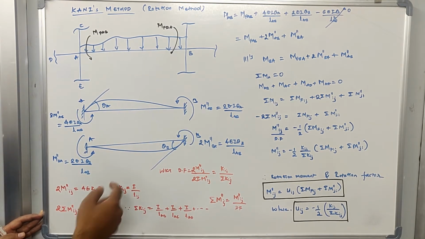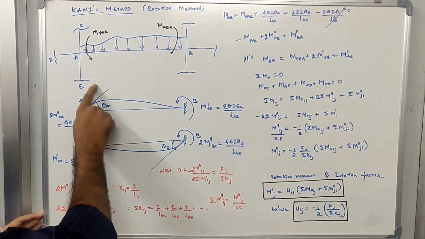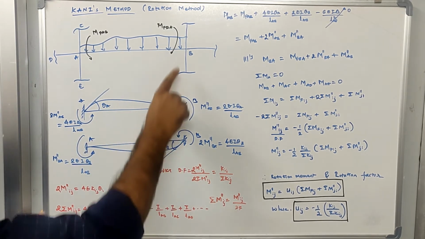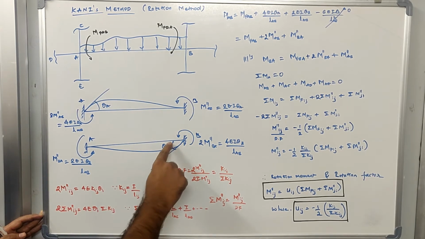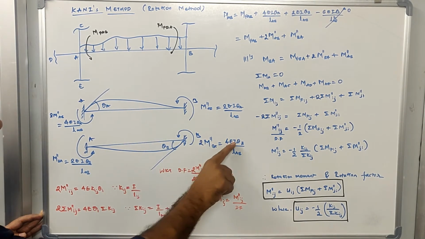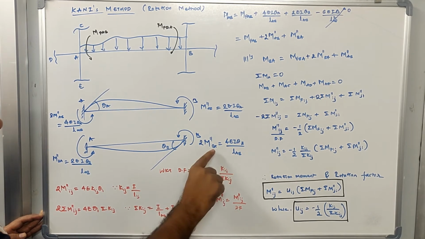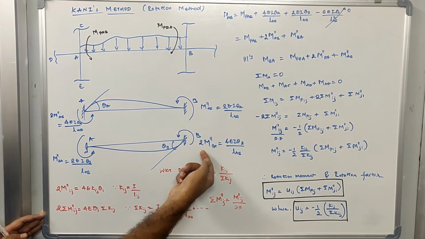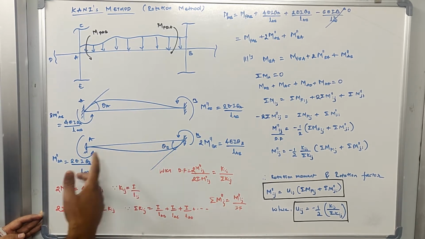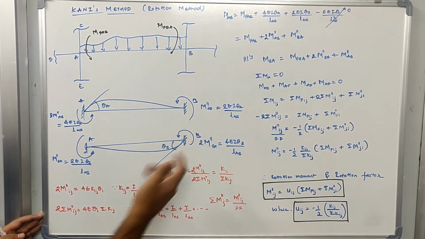Okay, right. So now we have completed one end where theta is equal to theta A, and we will go to the other end, which is the B end. At this end, theta is equal to theta B. So the moment that is required here will be 4 EI theta B divided by LAB, right? So I will call this 2 times m double dash BA, and the moment that will be carried over to the far end will be m double dash BA. I hope you can find the relevance in how I have written these two equations.